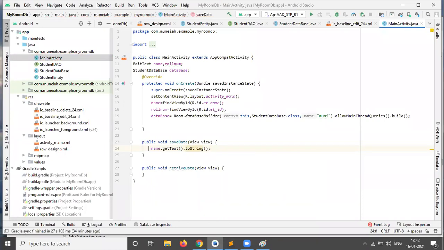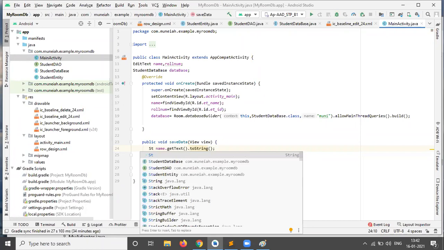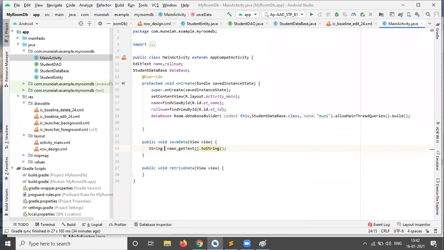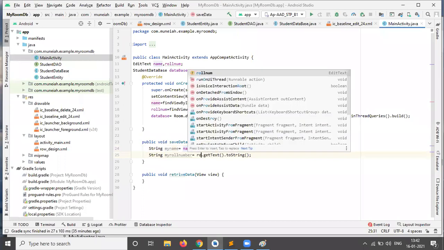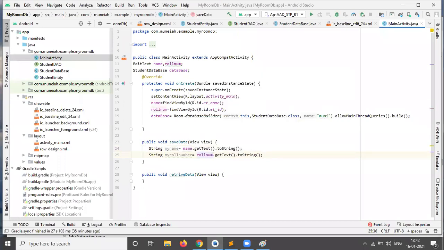After getting this name, you can store it in a string: my name equals name.getText().toString(). Also, you can duplicate that, so my roll number should be from the roll number object.getText().toString().